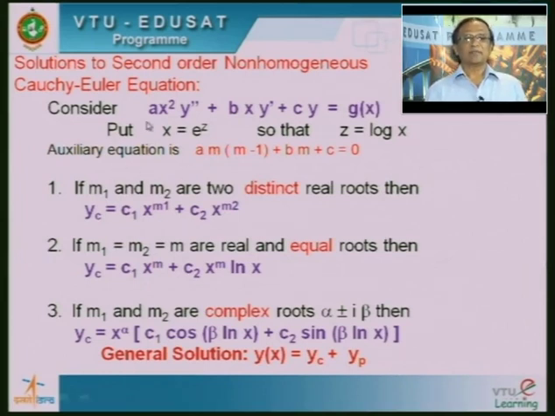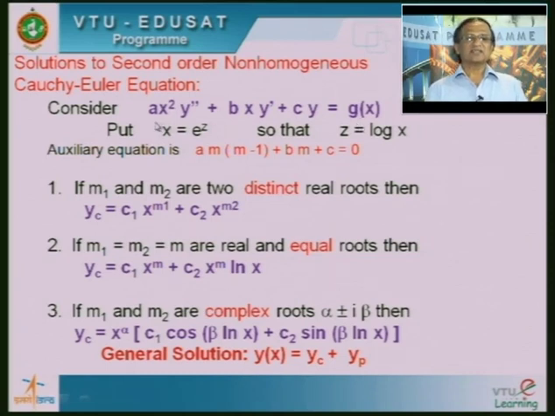Now, I am planning to solve a non-homogeneous equation. Non-homogeneous equation means, for example, a into x square y double prime plus b into x into y single prime plus c into y is equal to a function of x. You observe the right hand side may be a function of x; it is not equal to 0. This type of equation we call a non-homogeneous Cauchy-Euler equation. Is it clear? If the given equation is in this form, how do we find the solution of the given differential equation?